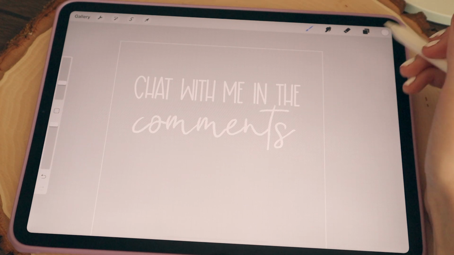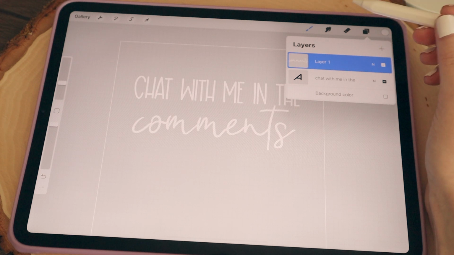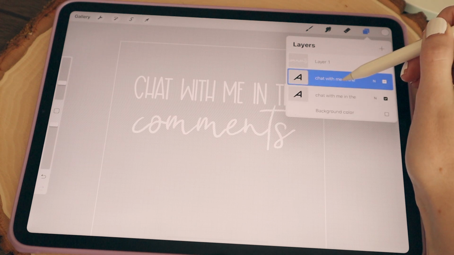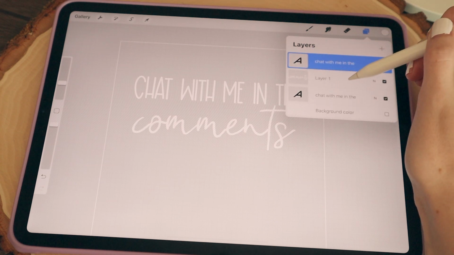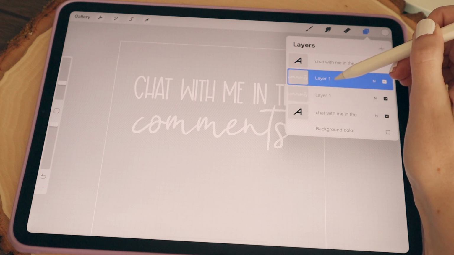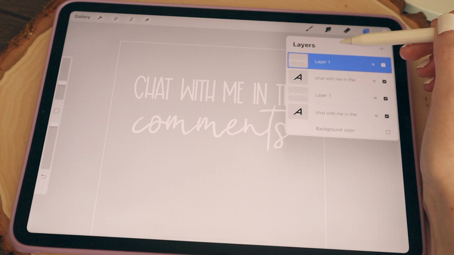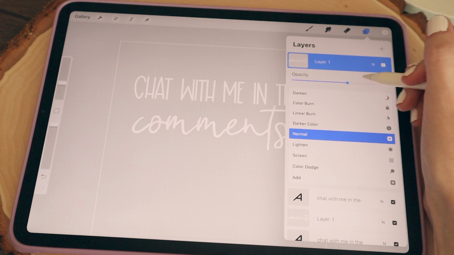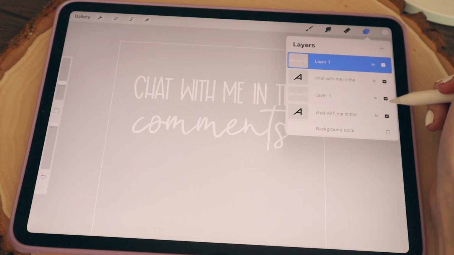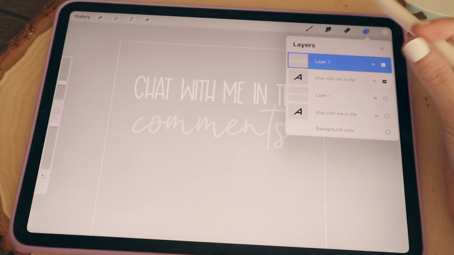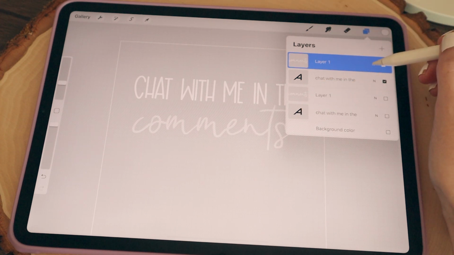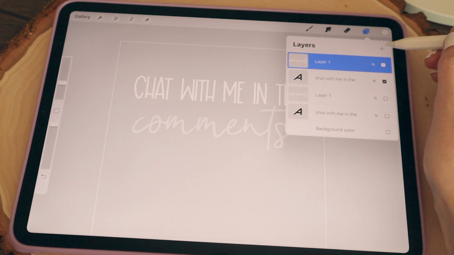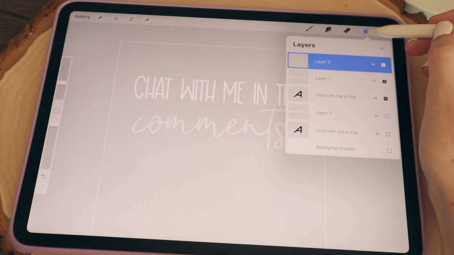I want to wiggle. And so now that I have that, I'm actually going to duplicate the text layer and move it above the comments layer, and then duplicate the handwritten comments layer. And now I'm going to turn the opacity down on this layer, and I'm going to make sure that I deselect the first two layers so I can actually see the opacity of the second. So now that I have turned down the opacity of that layer, I'm going to add a new layer, and